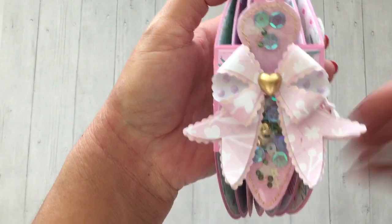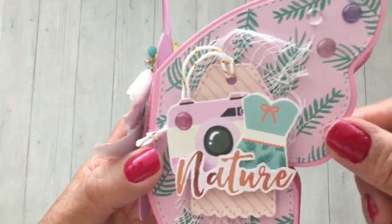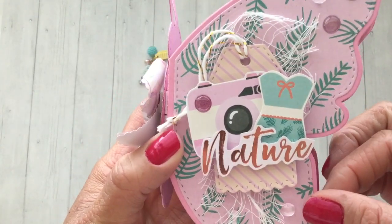But I love the way the little diamond dots look. And then I added this little heart to the center there that I had in my stash. I didn't decorate the back. And then here's the cover, and here's where I use the tag from the tag set, and then just did